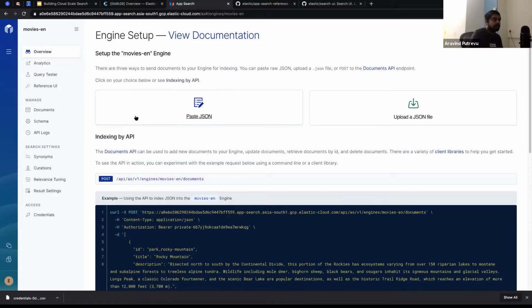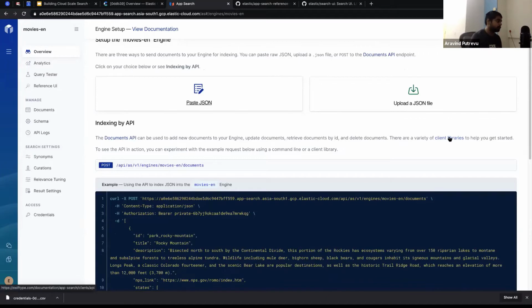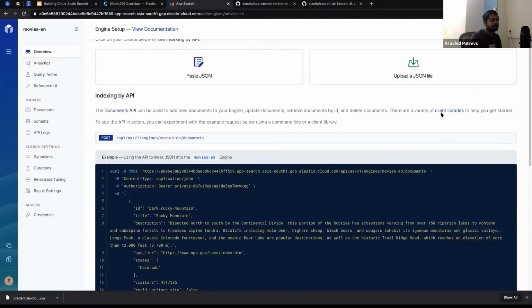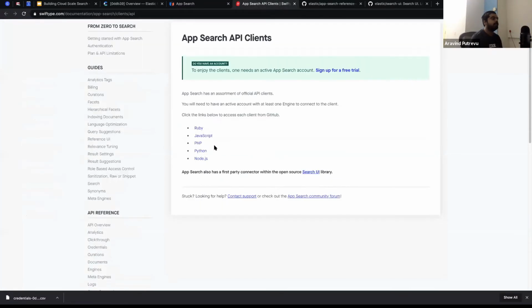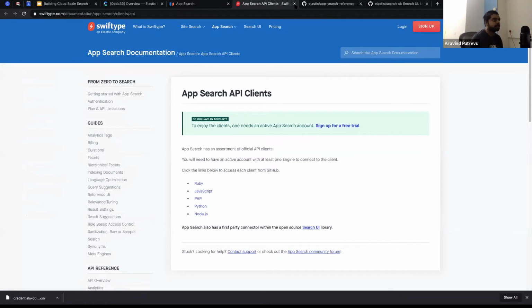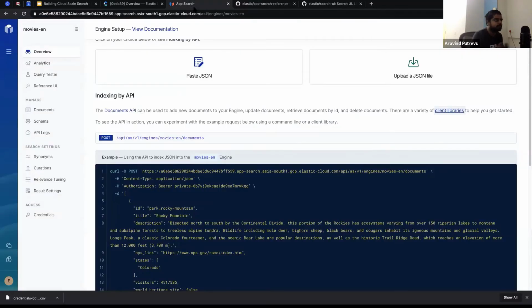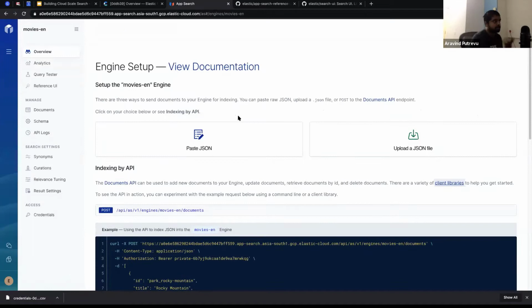At this point in time, again, I would like to stress, don't worry if you see that the link here goes to SwiftType.com, which is still an Elastic site. You'll be able to see what the clients are and the things that are there. You could also write your own, it's a simple API. You could also choose your own language and write it. If you are into Java or something, you'll be able to do that as well. The API documentation and everything is there on SwiftType.com. We look forward to integrating it back into Elastic.co as well.